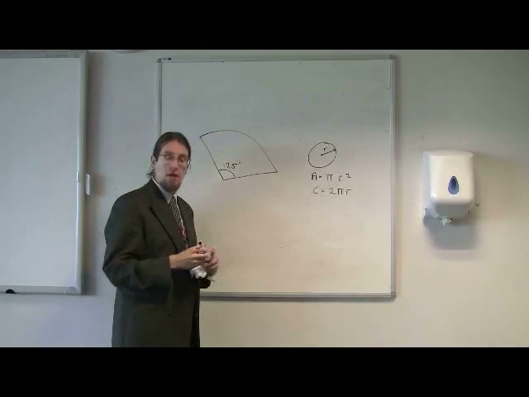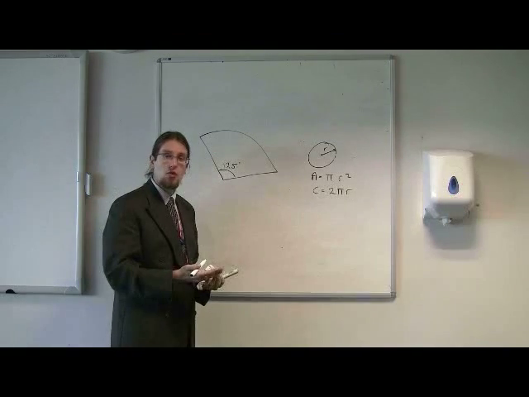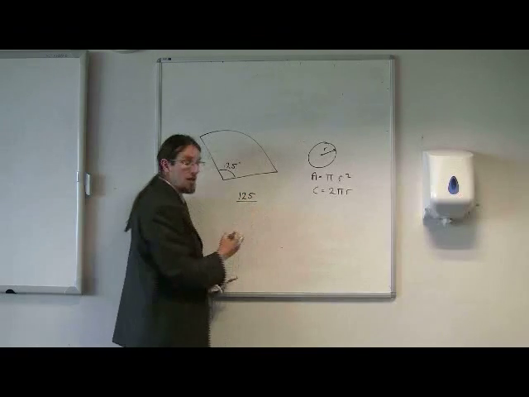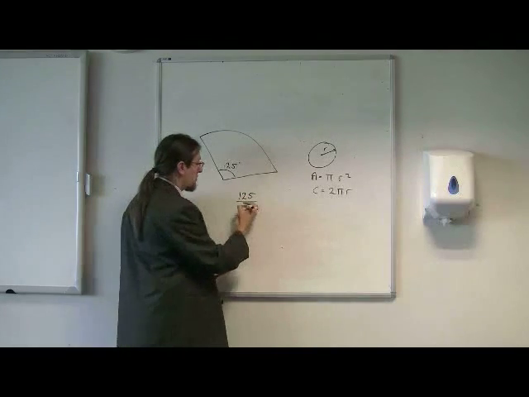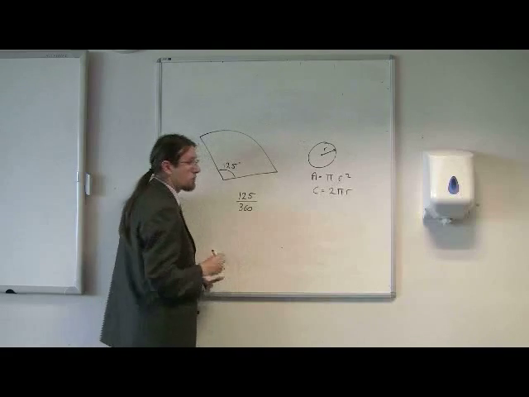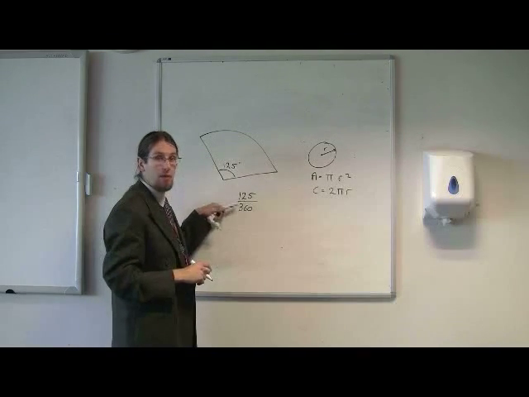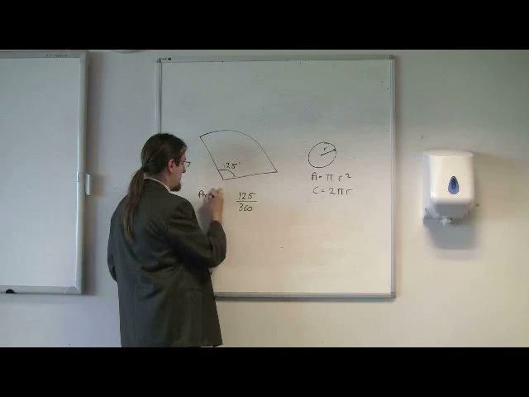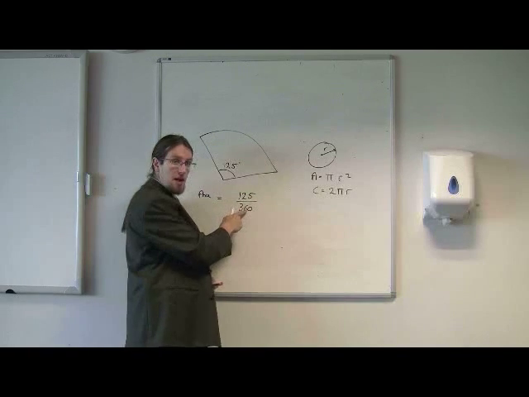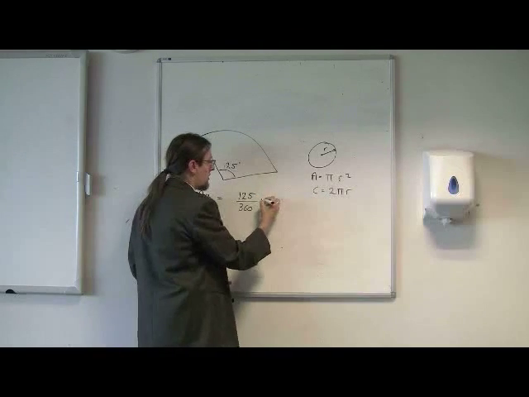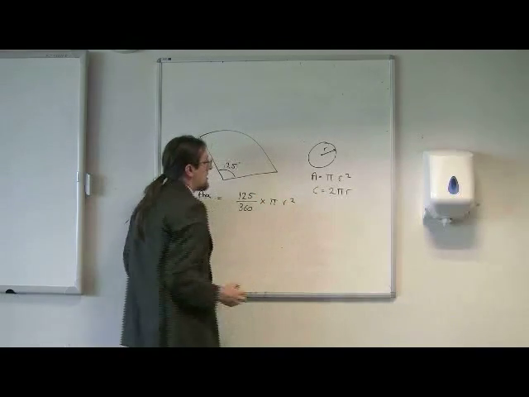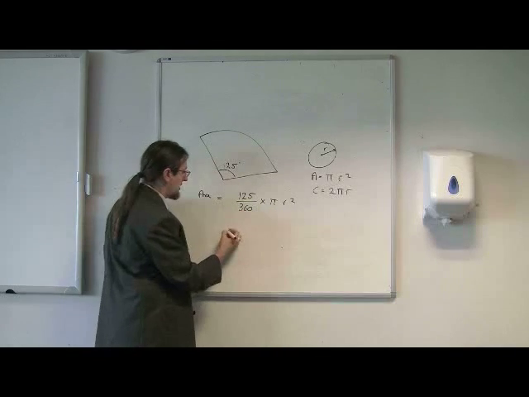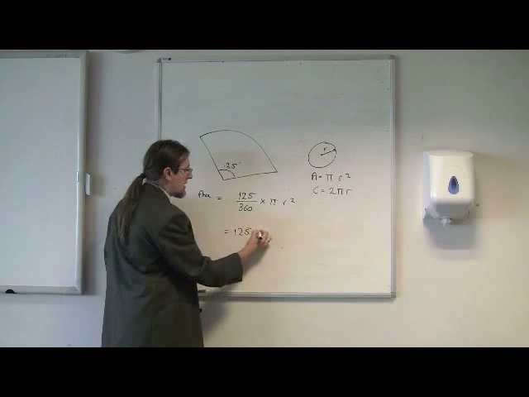You have to remember that a full circle is 360 degrees. We have 125 out of 360. Now you can just write it as that, don't bother simplifying it. For the area, you times that fraction by the usual formula. Now the way I normally do this is times by the top, so it's 125 times pi